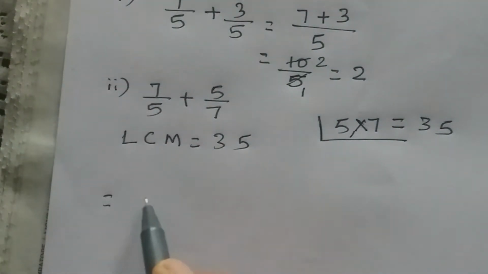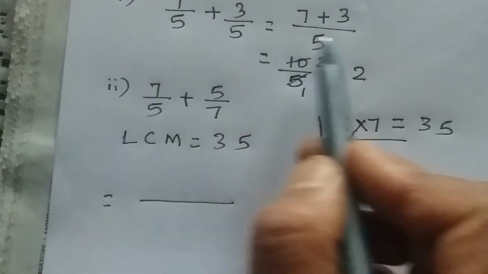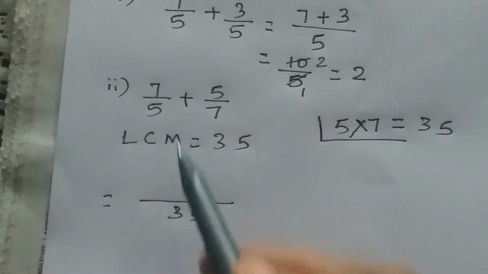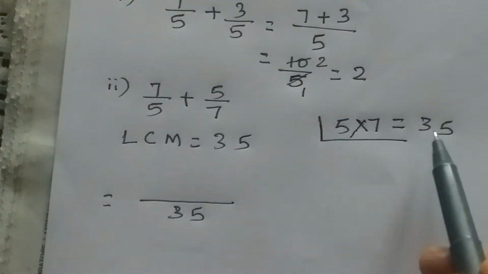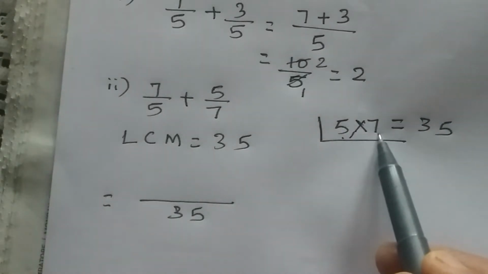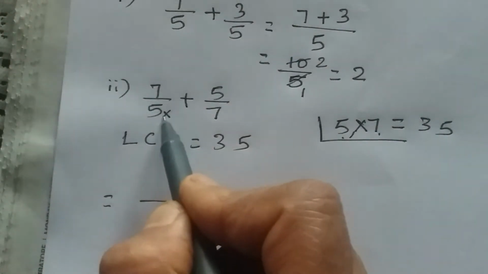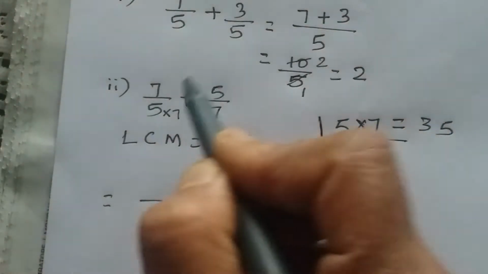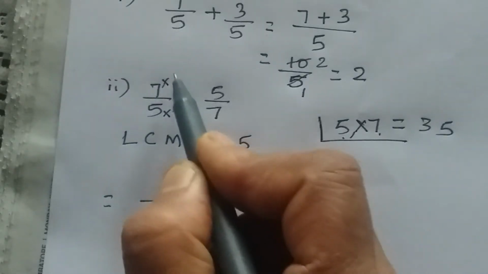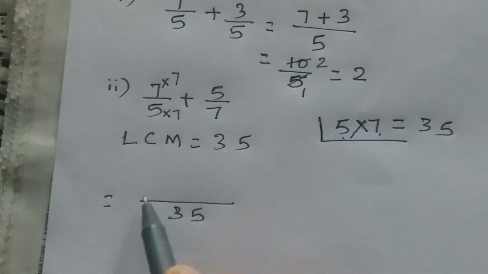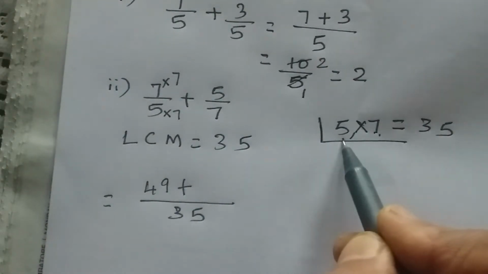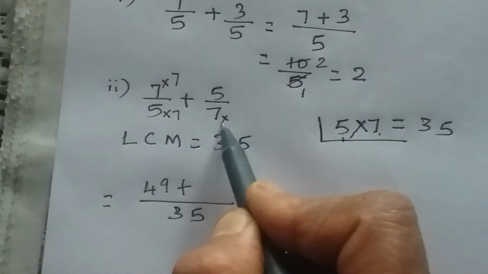Now what is the next step? We write the common denominator. Here for both the 5s, we wrote one 5. Here for 5 and 7, our common denominator is 35. So what do you do now? 5 into what is 35? When you look at the LCM itself, we can find 5 into what number gives 35? 7. So we have multiplied the denominator by 7. So you have to multiply numerator also by the same 7. So 7 7s are 49. Plus this 7 into what gives 35? 5. So the denominator is multiplied by 5.